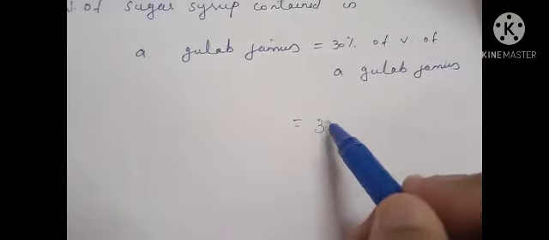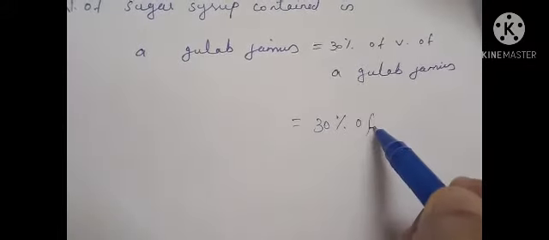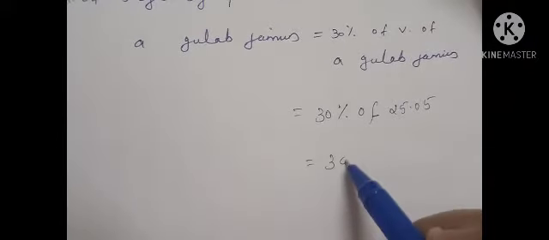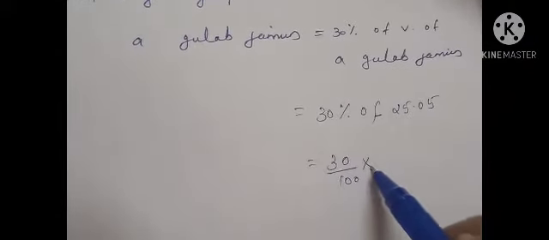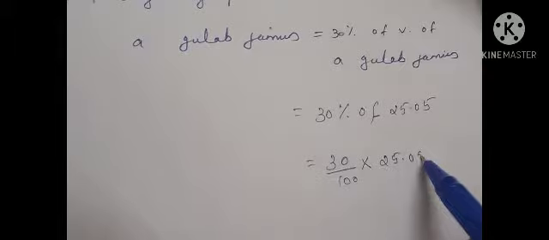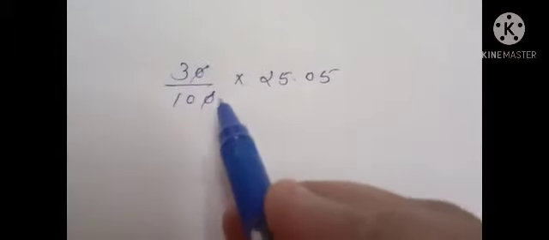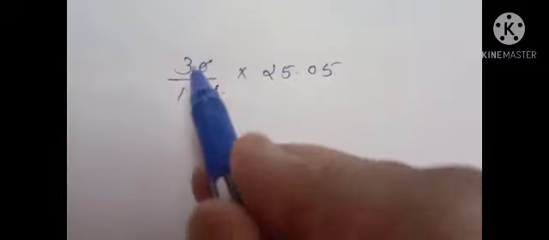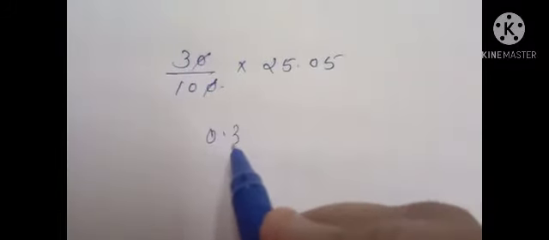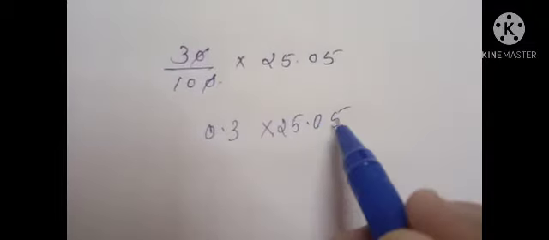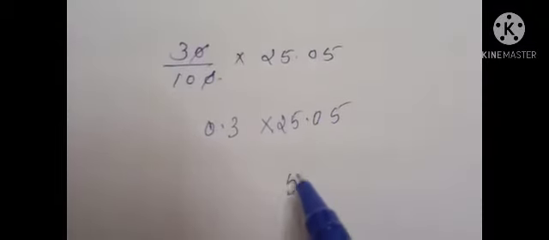That is equal to 30% of 25.05. So, 30 by 100 into 25.05. Then we can simplify, cut these two zeros. Then 3 by 10 means 0.3. Then into 25.05, we have to multiply this. Then we will get